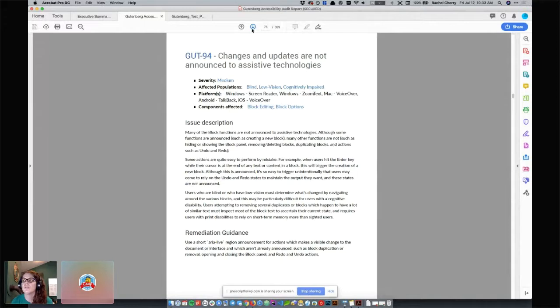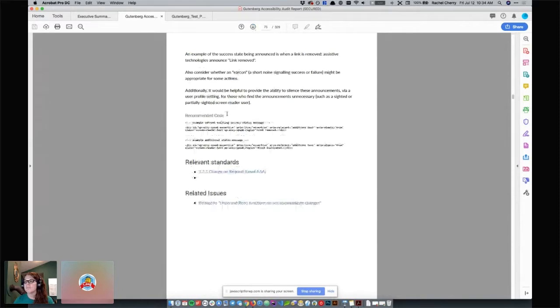Imagine that you can't see the page and you have all those Gutenberg blocks. When things are moved around and blocks are moved around and things are changing visually on the screen, we have to make sure those changes are announced to screen readers. And this is where an HTML spec comes into play called ARIA, and why it's important to understand ARIA. And so this whole section talks about how to remediate these issues by basically making sure that ARIA is used